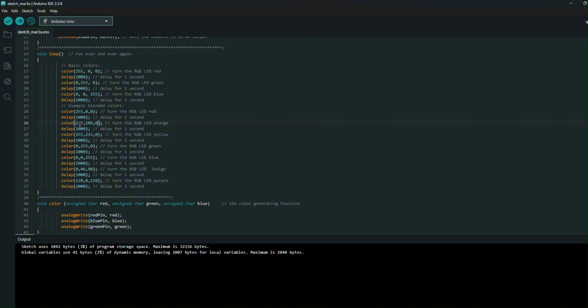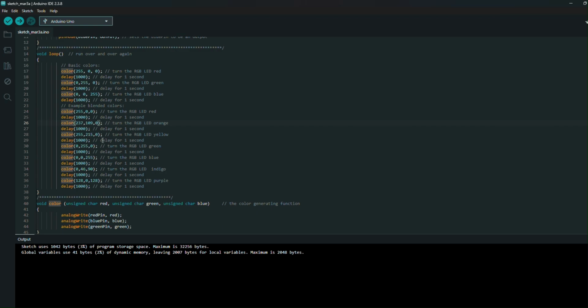So it will have a medium brightness of red, and then for the green one, we will have a value of 109. So it will show an output of partial brightness, and for the blue one, we will just fully turn it off, and then it will show an LED of orange.